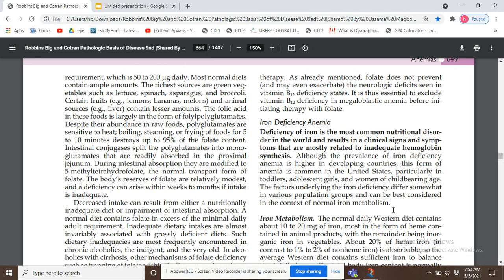So it is more common in these age groups, iron deficiency anemia, okay. And if you see an iron deficiency anemia in a patient above 50 years of age, then you should keep in your mind that there are more than 50% chances that this iron deficiency anemia is due to an underlying polyp in the colon, or the carcinoma in the colon, okay. This is a very important thing that you should remember.